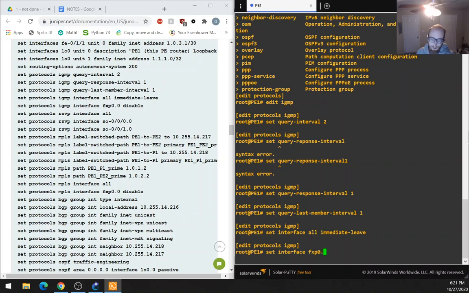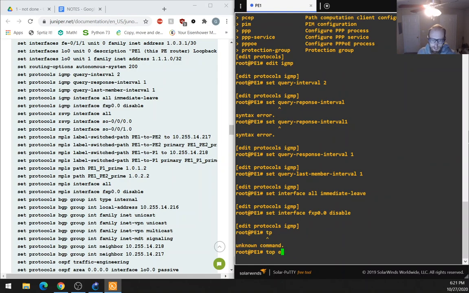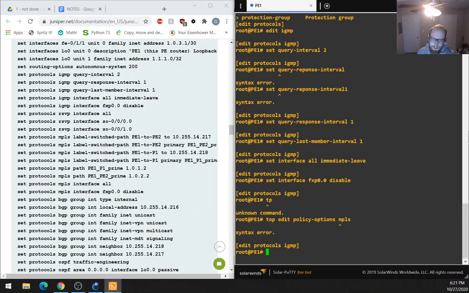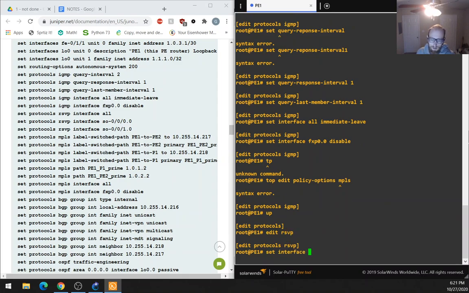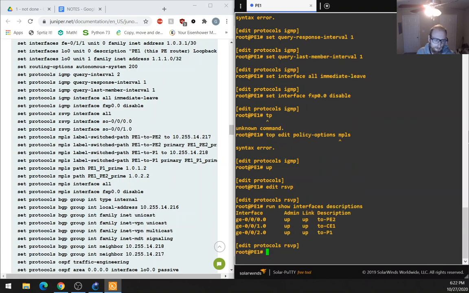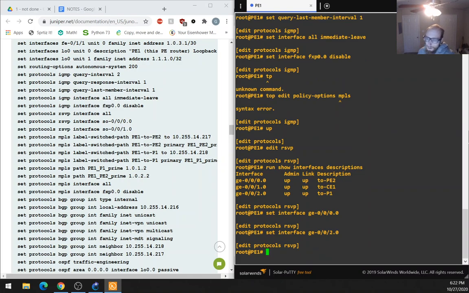Okay, we'll just follow along. This is the management interface. Yeah, so let's move on to RSVP, and this is our baseline MPLS configuration required for our layer 3 VPN to ride on top of. So we're going to need the two core-facing interfaces, so 0 and 2. All right, and then of course we're going to need our full mesh of